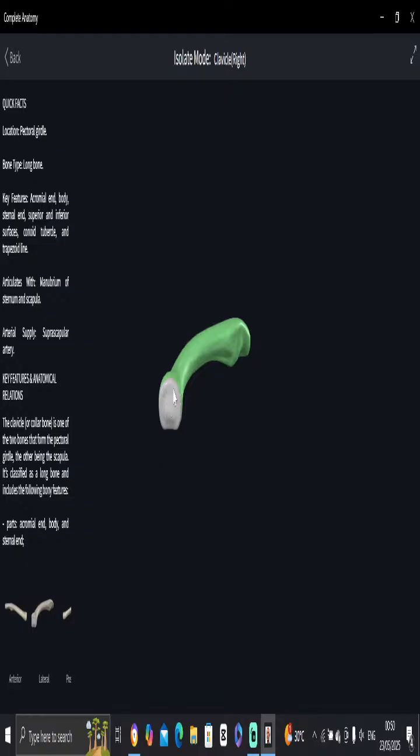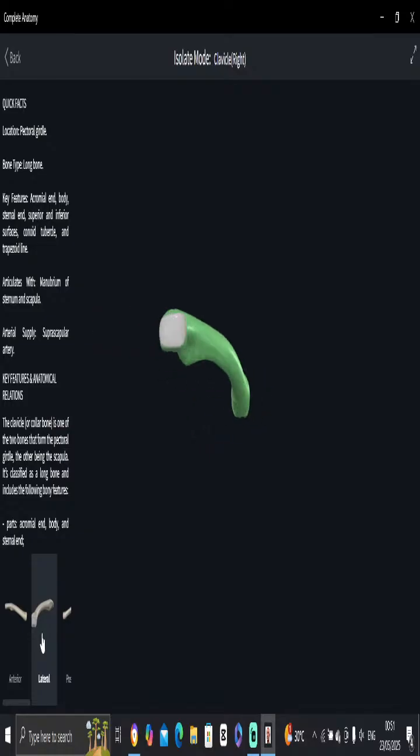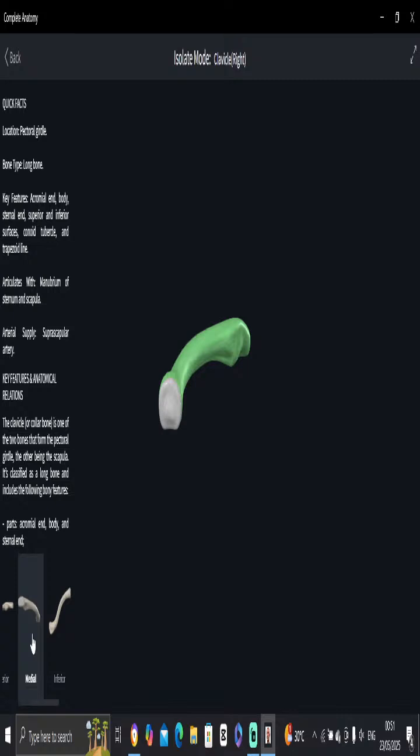So this is the medial end of the clavicle. If you can see, the medial end is rounded in cross section. Compare that to the lateral aspect, which is flattened. As you can see, this is flattened. So generally we say the lateral aspect of the clavicle is flattened in cross section, but the medial end is rounded. In fact, that's one of the distinguishing